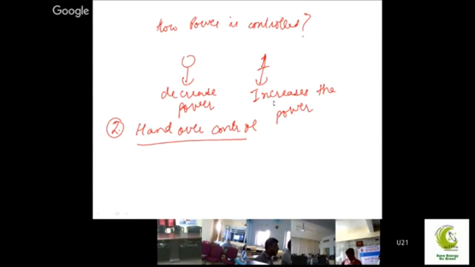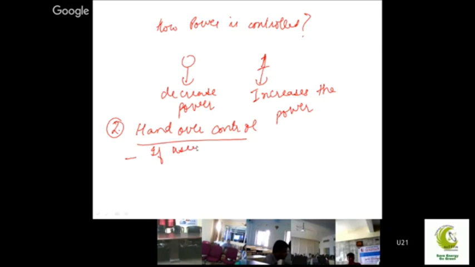So if we technically see in 3G, what is a handover? In 3G, handover means transferring a signal from one Node B to another Node B, or getting a signal from one Node B to another Node B in case our user is moving from one location to another. That is, handover means